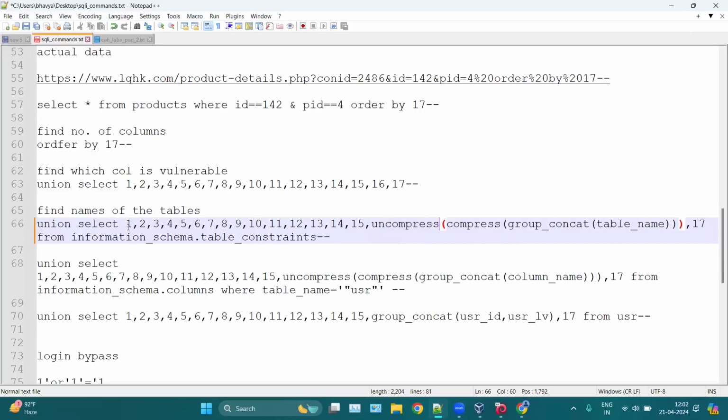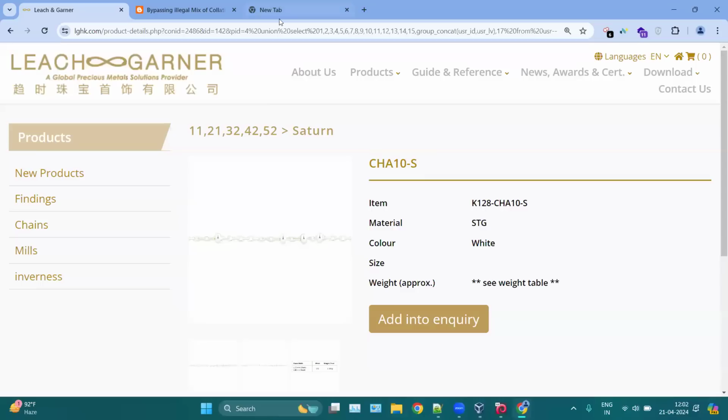Why were we having this error? Because of this lots of columns. We are mentioning that in the URL. That is why we were having this error. So to rectify the error, I have put this uncompress and this compress command to rectify this error. So when I copy this whole command for finding the table names, and when I put here